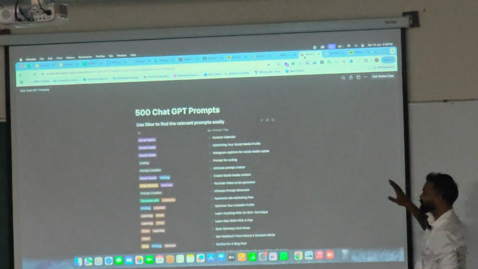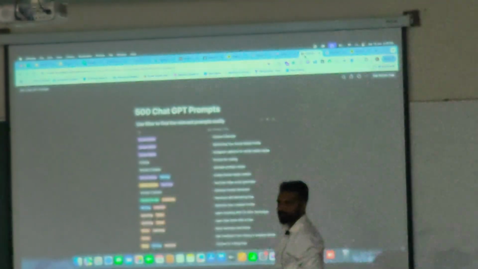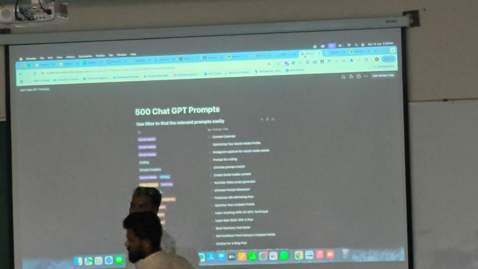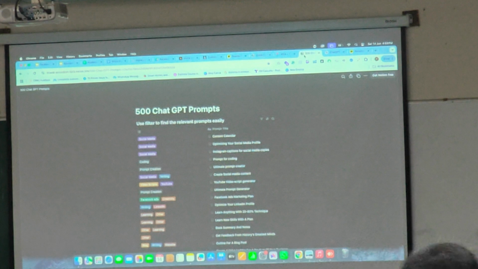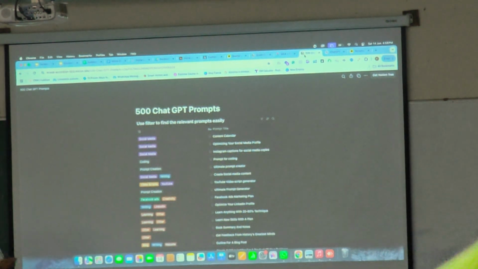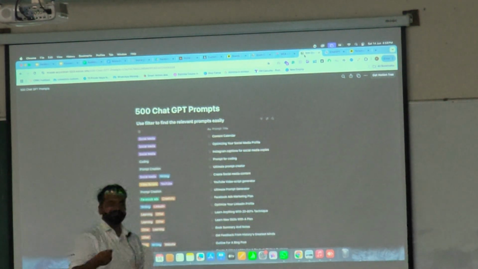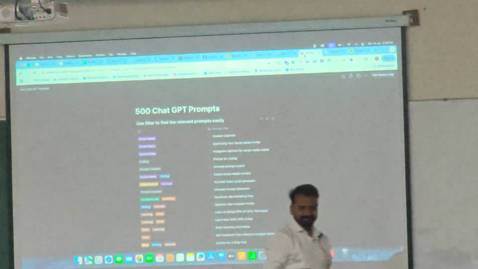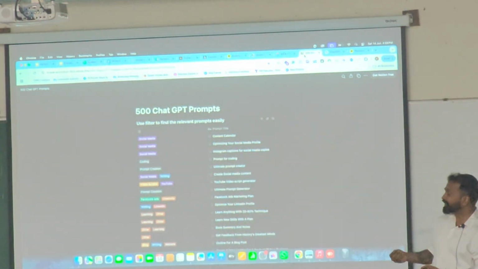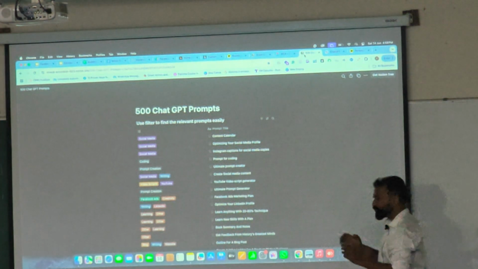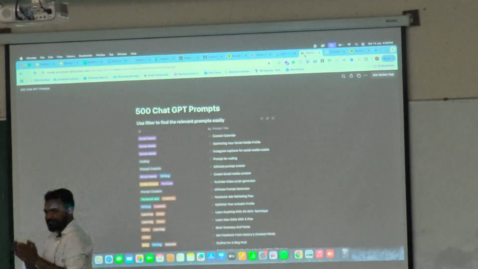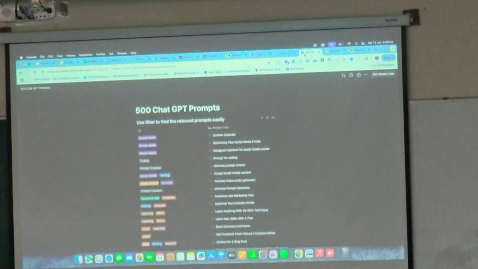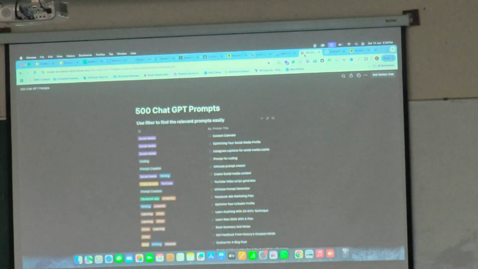Even if you are using a prompt to get an output, and let's say you are providing a 20% discount, and the output says 25% discount, it's our responsibility to change it. So I am talking about that kind of validation. Don't just get the output, copy and paste. At least read it once. Does this copy match your product or not? Does it match your offer or not?